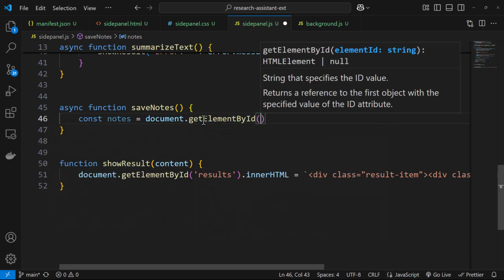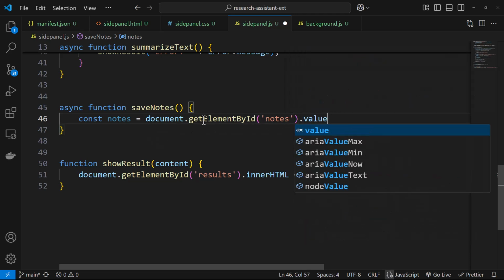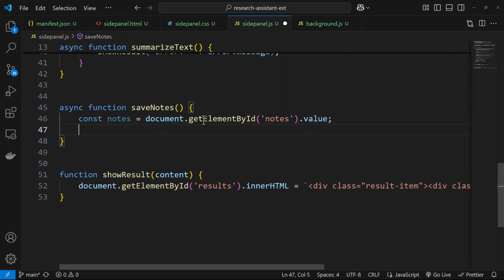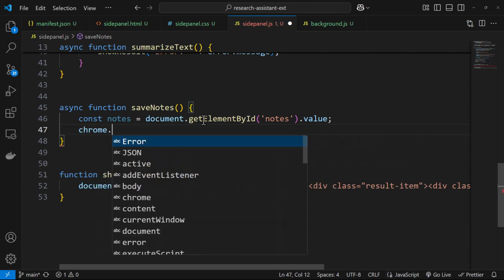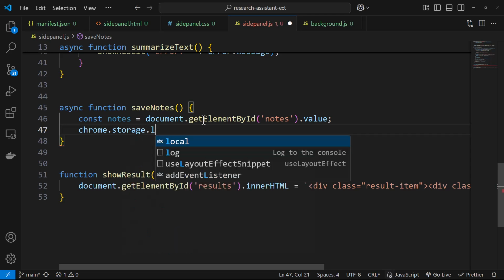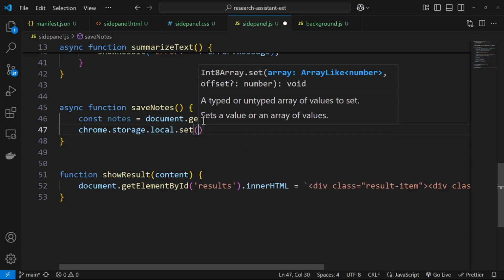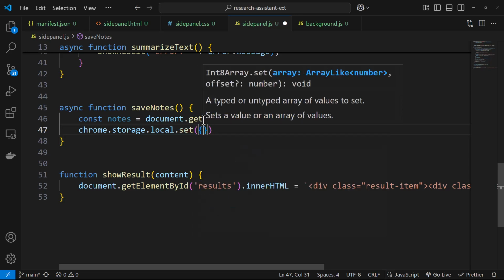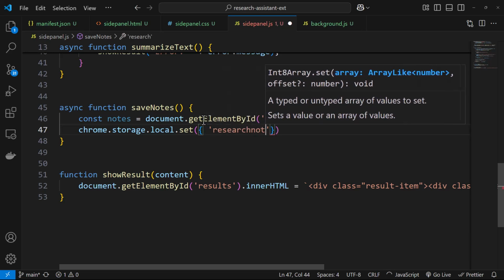We'll get notes over here, notes dot value. Okay, so whatever is there in the text area, get that first. That is what this line says, and then you say Chrome dot storage dot local dot set. Okay, so we will have to set over here, and what are we setting? So we are setting research notes,